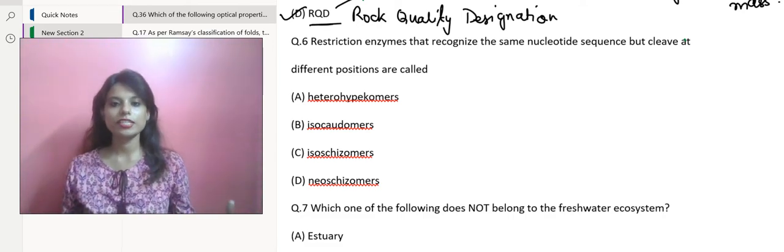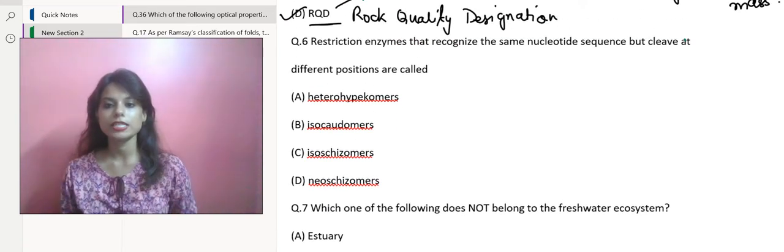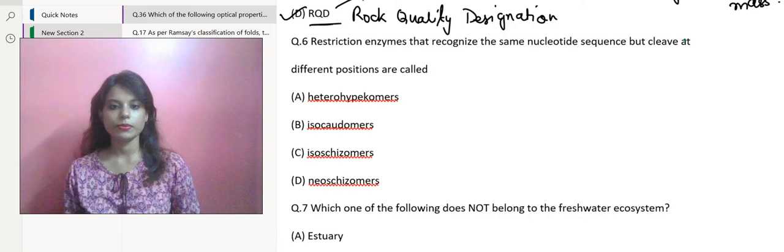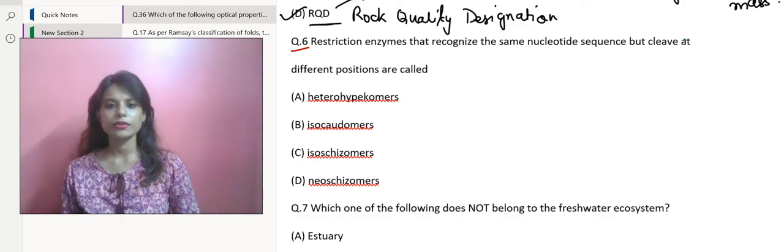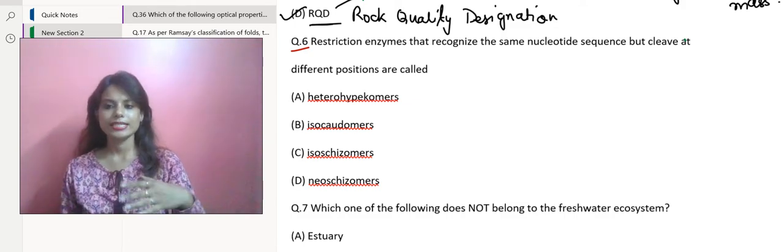We are going to solve certain questions based on the biotechnology question paper from this year, IIT JAM 2023. I have chosen 5 to 6 questions for today's class. Let's start with question 6. I don't know whether it will match with the set that you might have got, because the sets were different